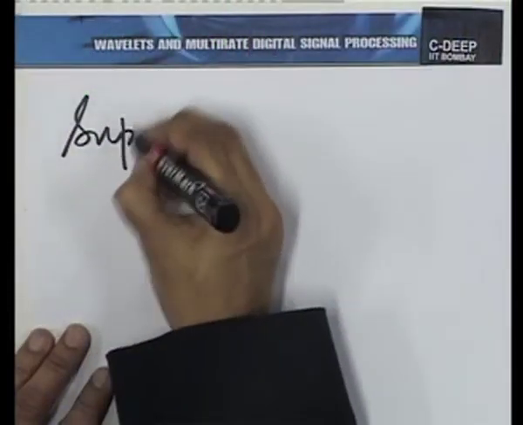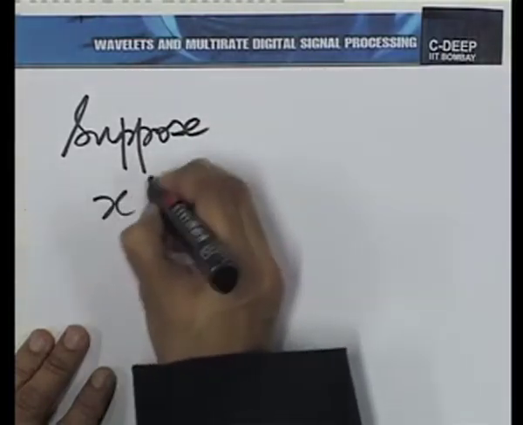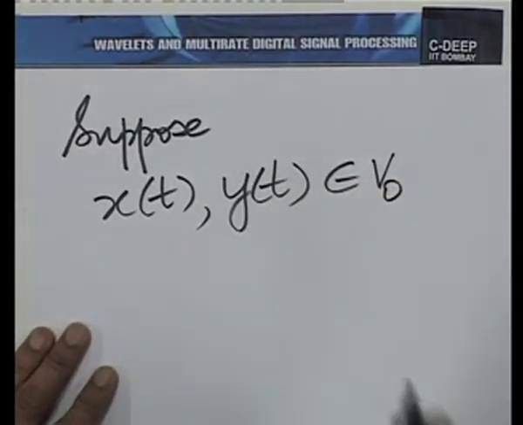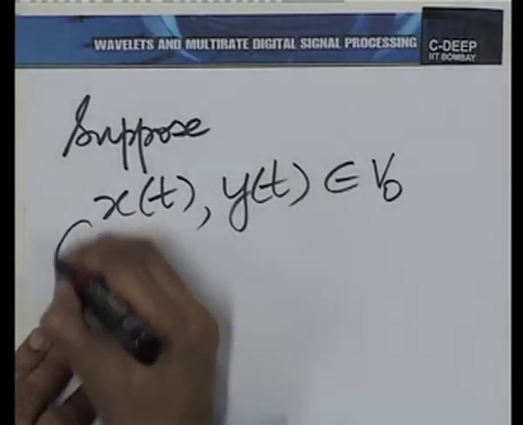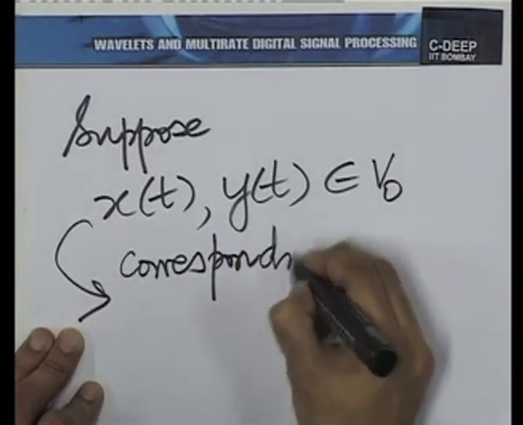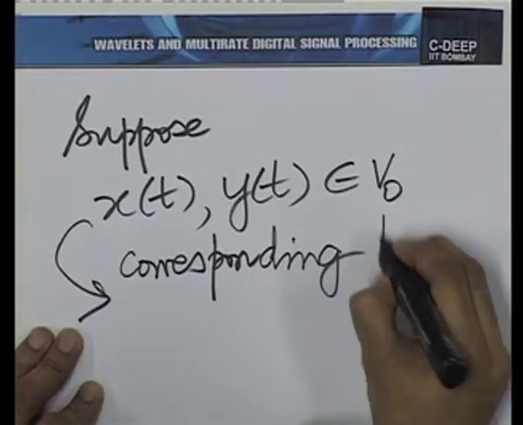That is what is interesting. So, not only is there just an equivalence, there is also a mapping of the other operations. So, suppose you had x(t) and y(t) both belonging to V0, which of course belong in turn to L2(R), and they correspond to the sequences x[n] and y[n], square meaning square bracket.